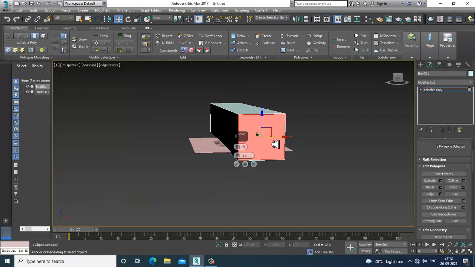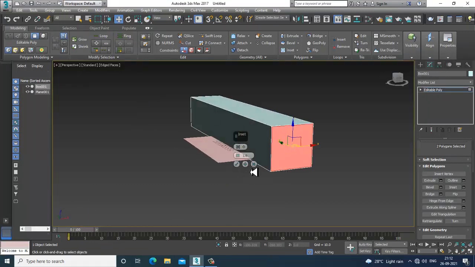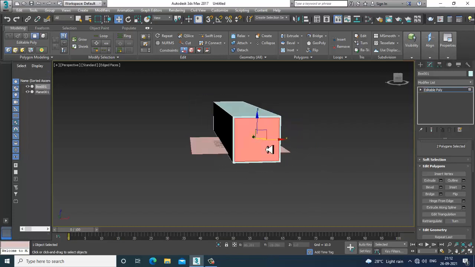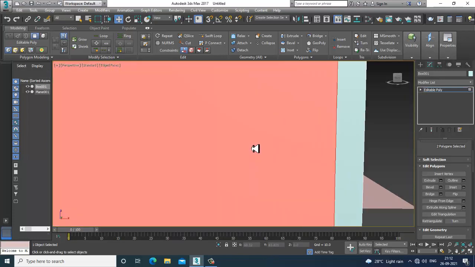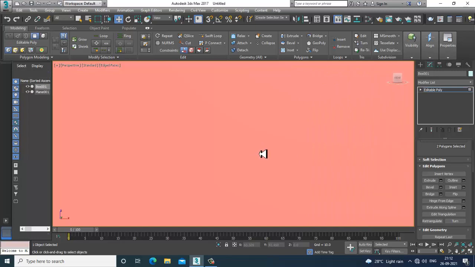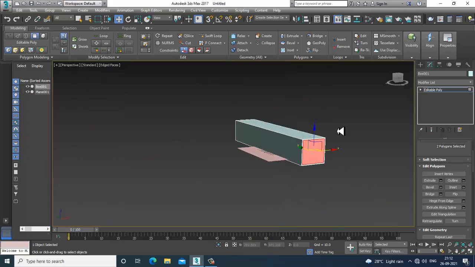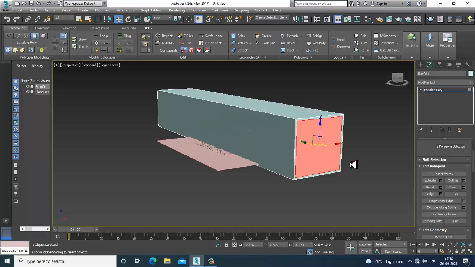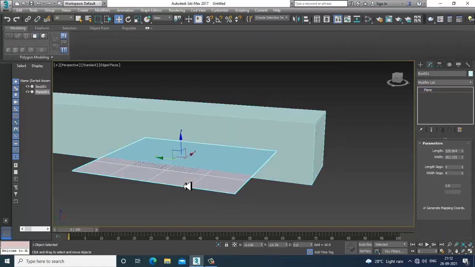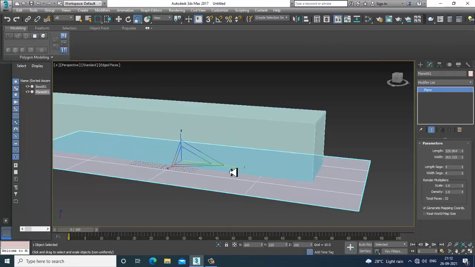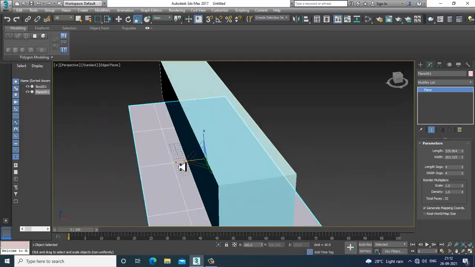Okay, so I'll slightly give a bit of inset over here. So if you want to open any of the parts, you can do that. That is also possible over here.